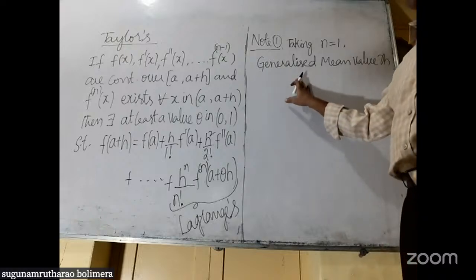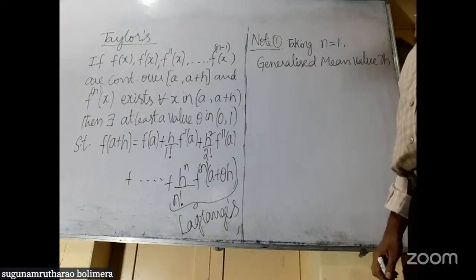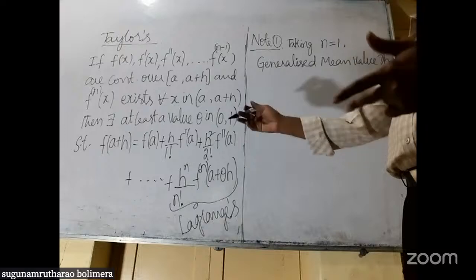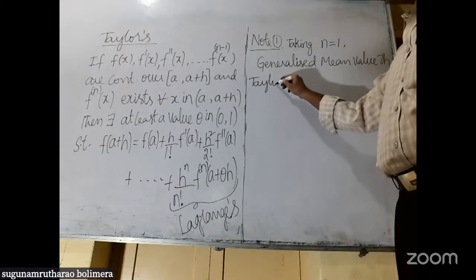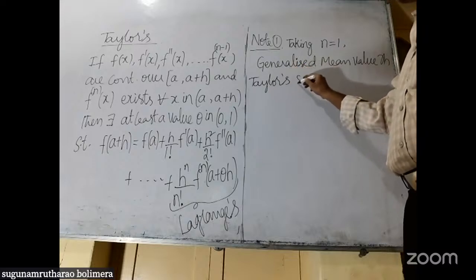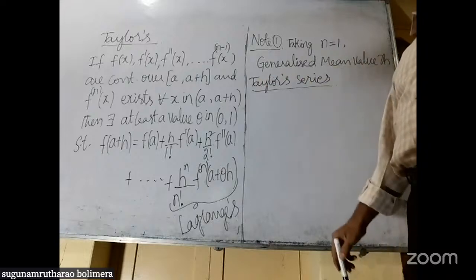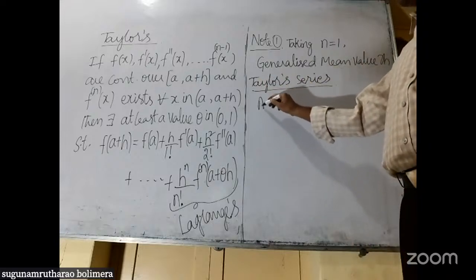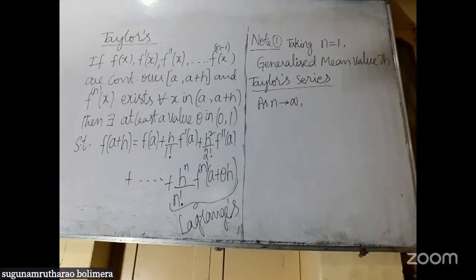This is known as the generalized mean value theorem. Now I am going to write the Taylor series from this. This is very important. Taylor series means, as n tends to infinity, note down, as n tends to infinity, in the above Taylor's theorem,